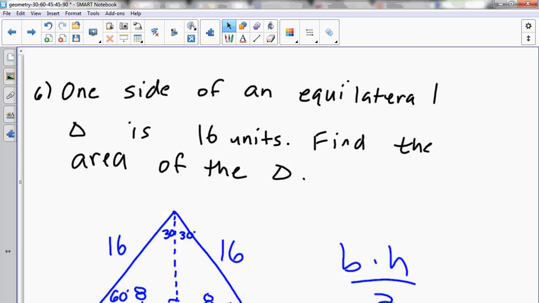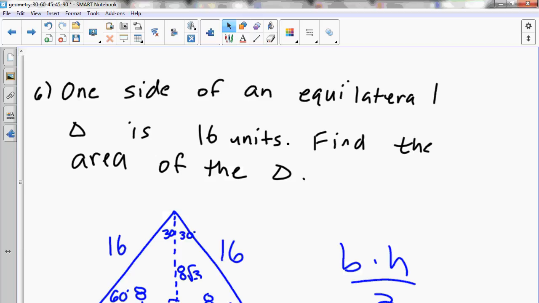So what's the 8 there? That's the short leg. And then the altitude would be the long leg. So how do we go from the short leg to the long leg? Multiply by square root of 3. So my long leg here is going to be 8 square root of 3. Now, I am ready to get my area. Base times height. What's my base? 16, not 8, right? Somebody wants to say 8. I know it. 16, the big triangle. So 16 times 8 square root of 3